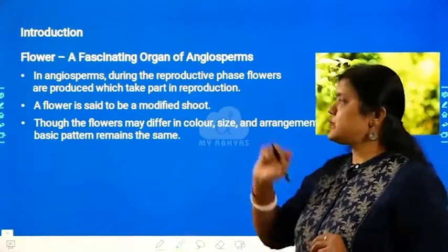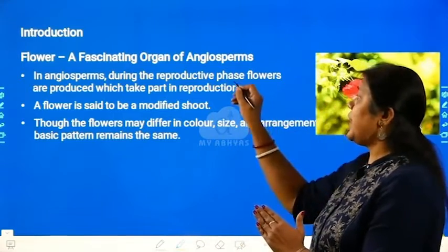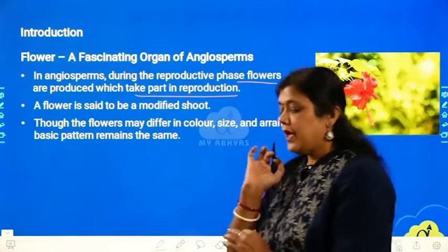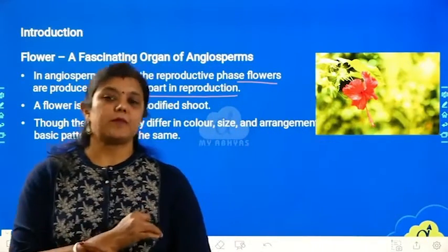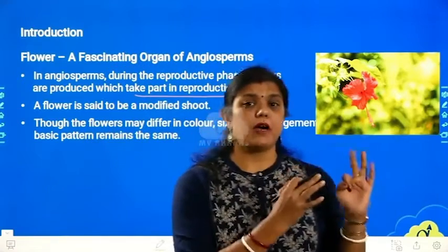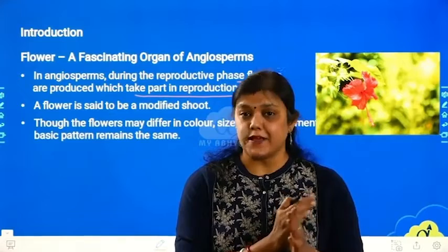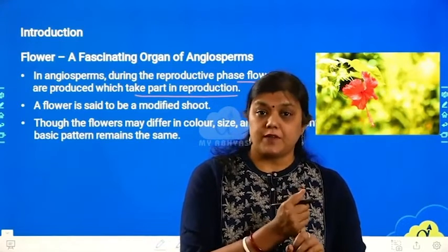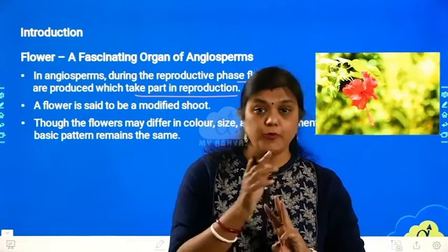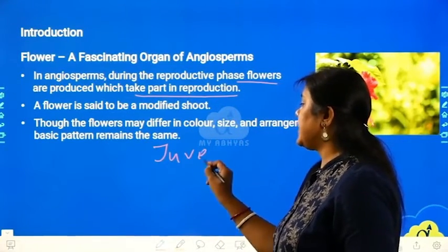Okay. So in angiosperms, during the reproductive phase, parts of a flower are produced which take part in the reproduction. In the previous chapter, chapter 1, I told you three things. That is, there are three fascinating parts of a particular plant or particular organism's life cycle. That is pre-reproductive stage or juvenile stage, reproductive stage and senescent stage. I hope you remember this. If you have forgotten, let me just quickly revise you. Juvenile phase,